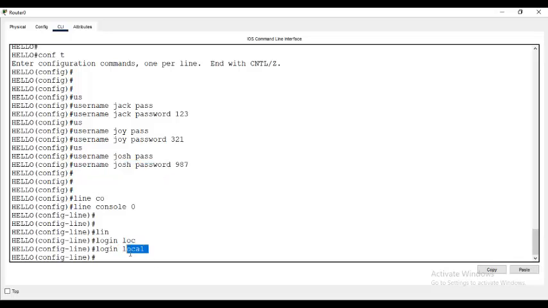Now I can log out. You don't need to go and shut down the session. You can just log out, exit again one more time. It logs off. Look at this. It is not asking just the password. It's asking username. Now I'm going to say Joy, and I'm going to give the password of